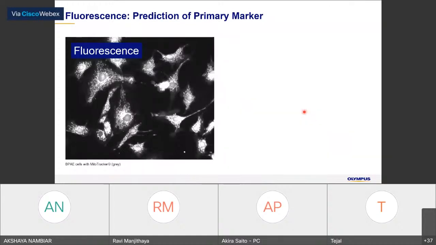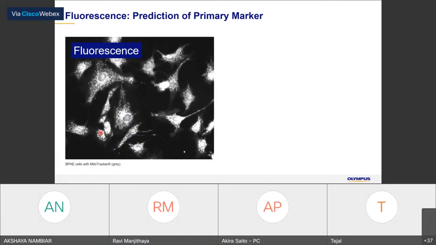So of course, we can use the fluorescence image. Even though this is labeled with mitochondria, for us it's quite easy to understand where the nucleus is, so you can very easily understand this is the nucleus, this is one.